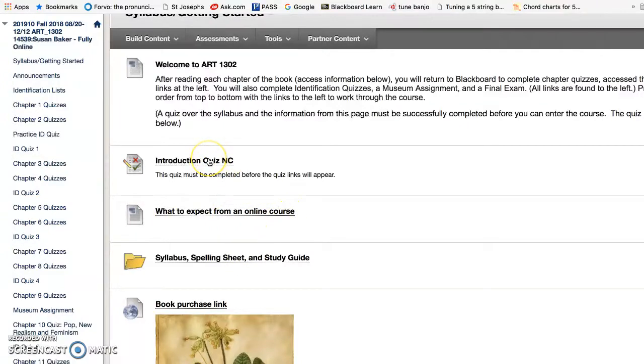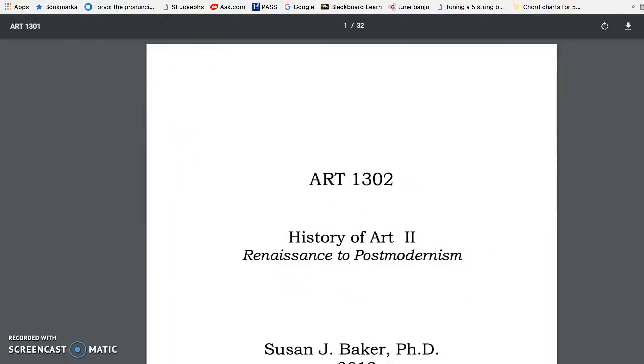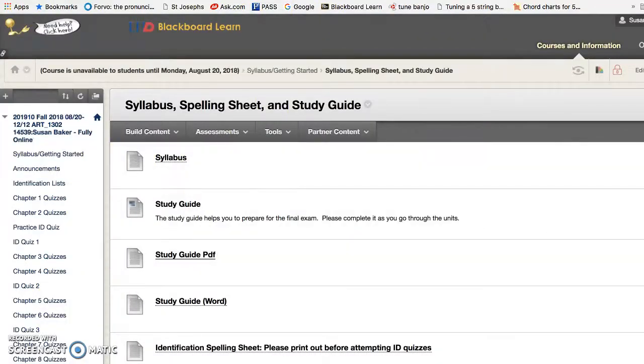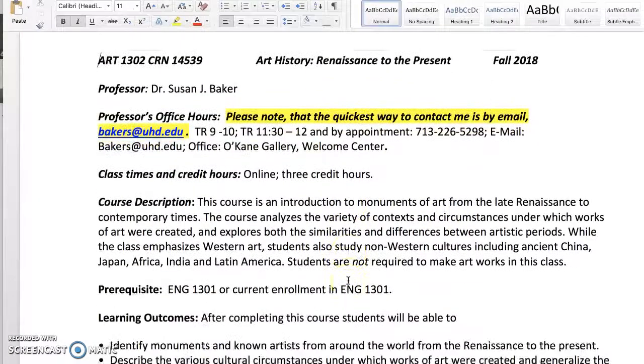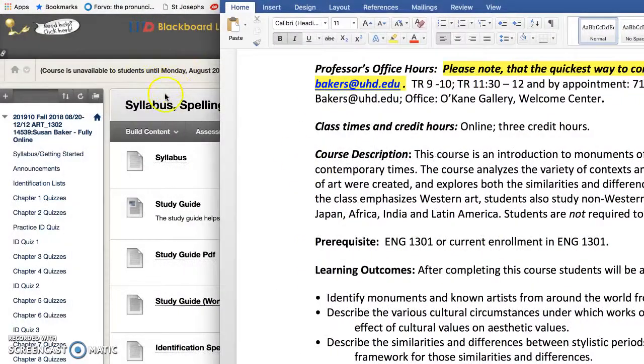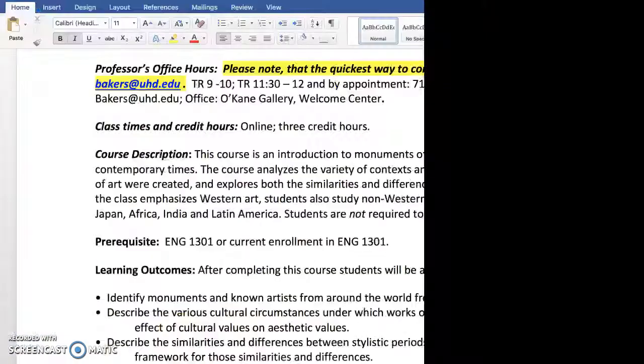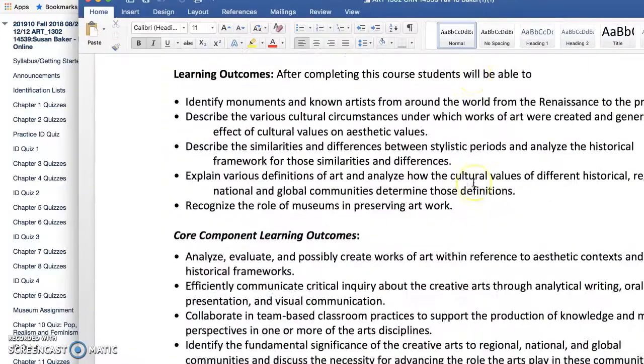So you can have this open. You can take it as many times as you want. You can have this open while you have your syllabus open, and just toggle back and forth. Like I said, it's not for credit or anything like that. So you come here and look at your syllabus. It's right up here, and I've already pulled it up. You want to read through it. You can have this up while you have your intro quiz up as well, and just toggle back and forth until you find all the answers and that it's clear that you understand all the